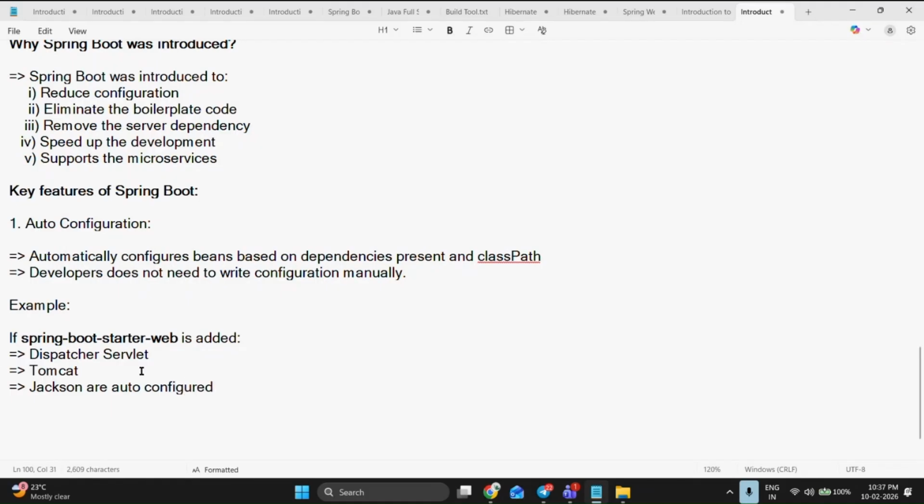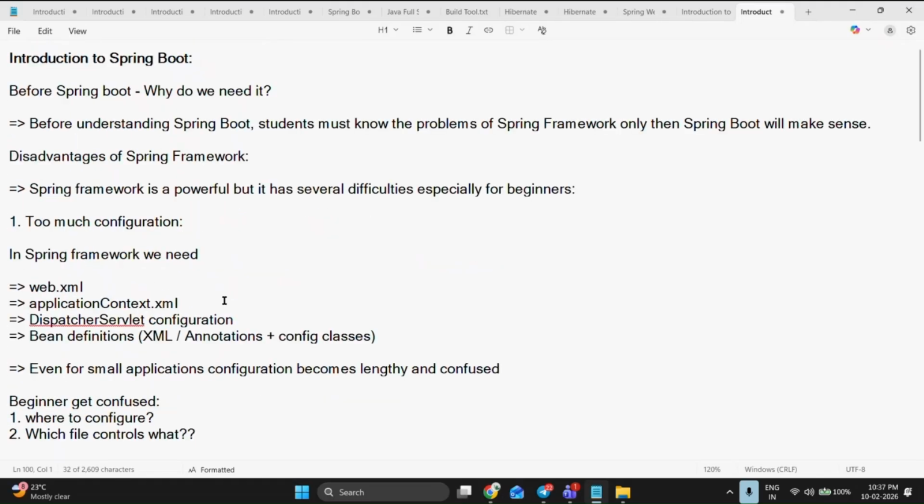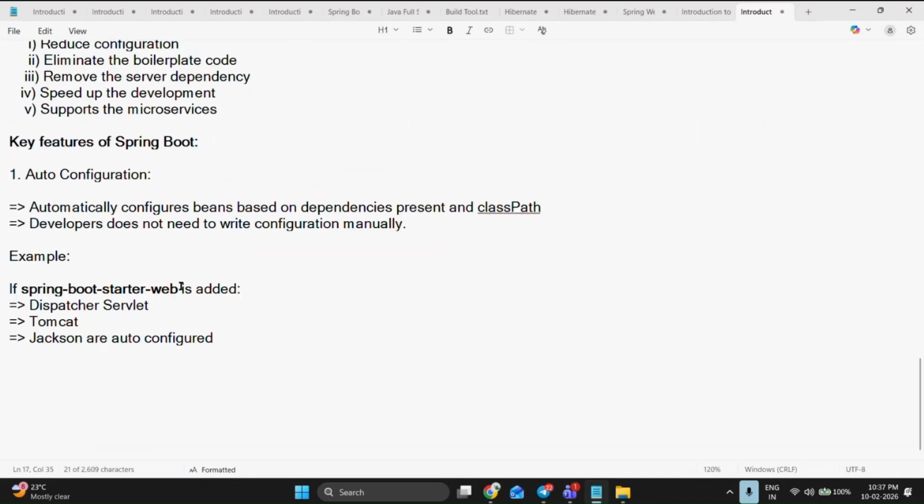So these are going to be added by this dependency itself. Dispatcher servlet and Tomcat, everything is going to be added by this single dependency. What is the single dependency we have? Spring Boot starter web. If this dependency is added, we are going to get all these three things auto-configured directly. Okay. So the next key feature of Spring Boot is